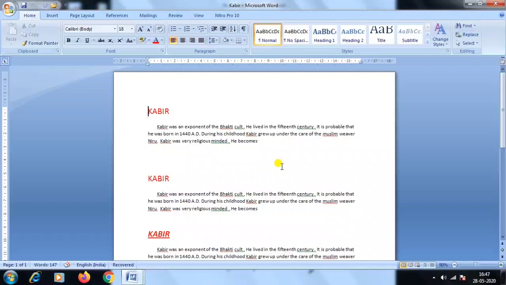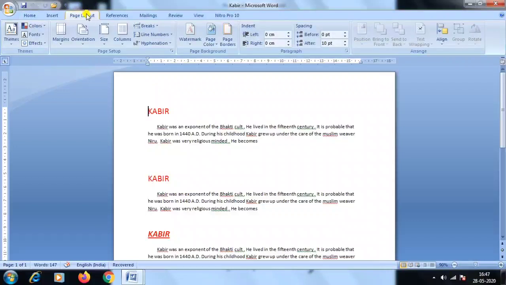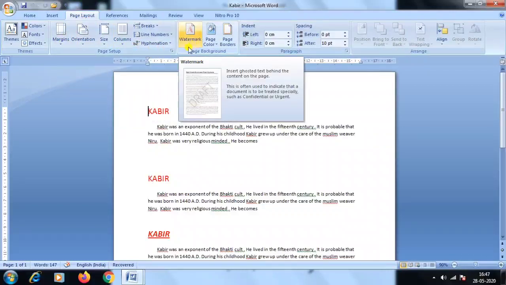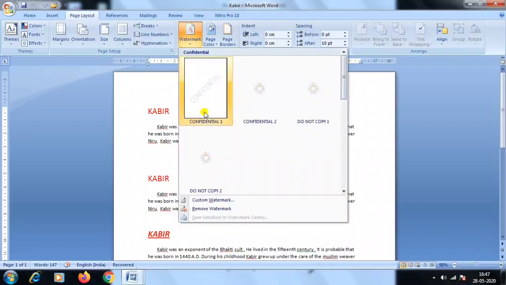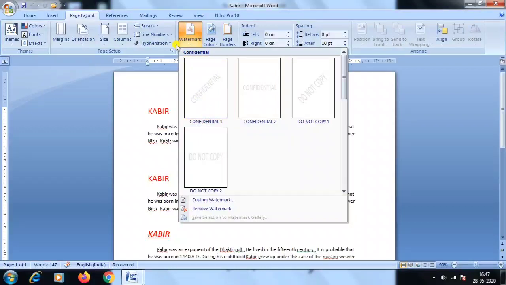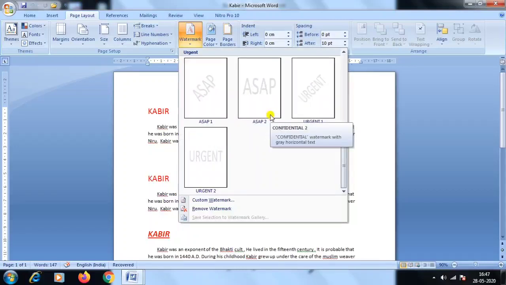For that, you go to the Page Layout option in the menu bar, then click on it. When you click on Page Layout in the ribbon bar, the Watermark option will be displayed. From there, you click on Watermark, then some predefined formats will be displayed in another dialog box.